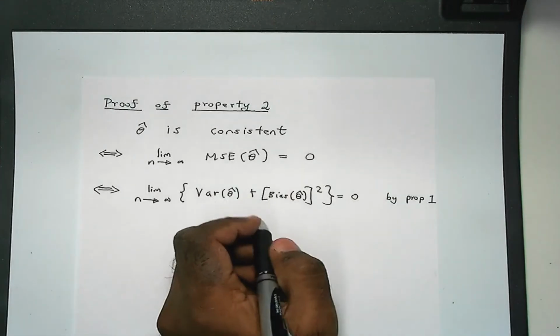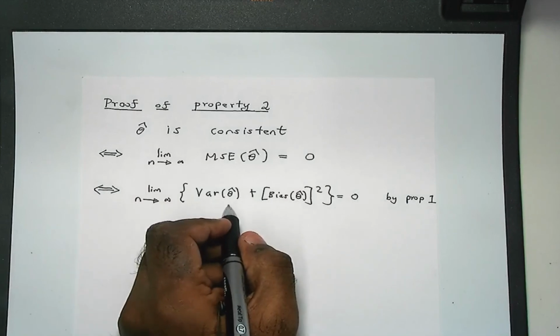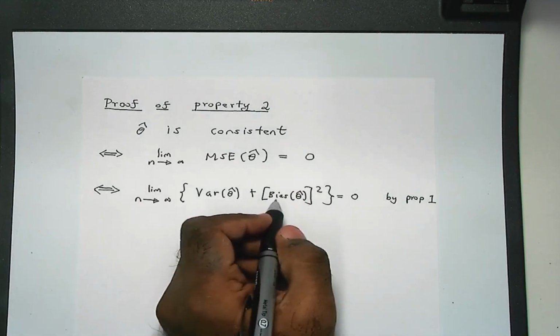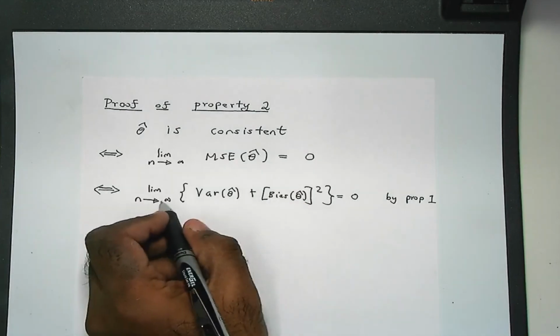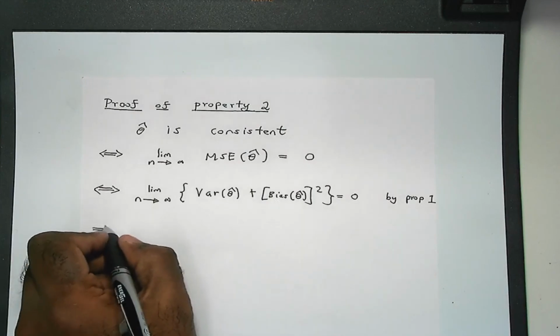Now, because the variance is a non-negative number, and the square of anything is also a non-negative number, the limit of this plus this equal to 0 happens if and only if